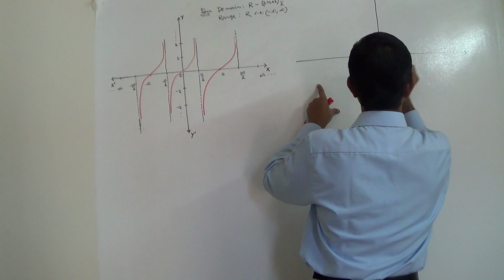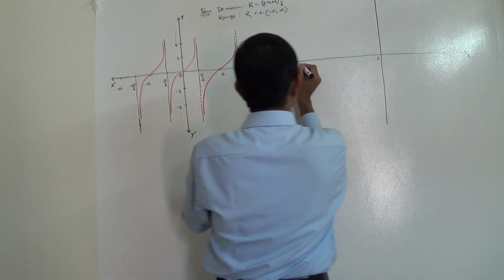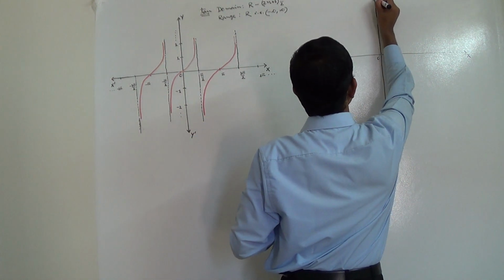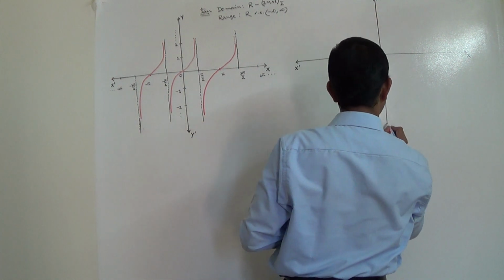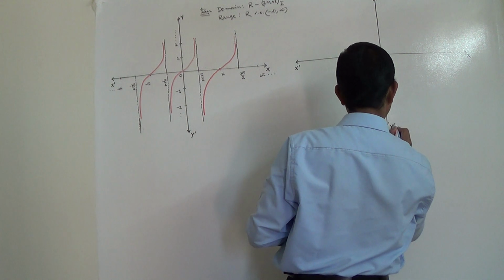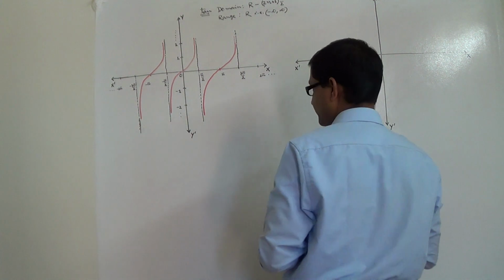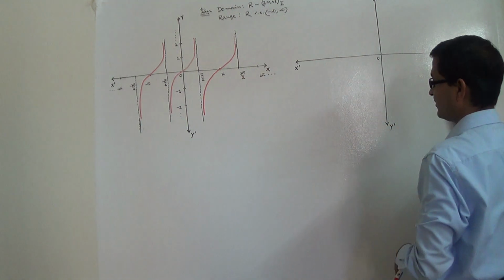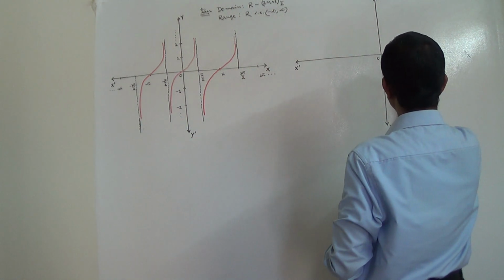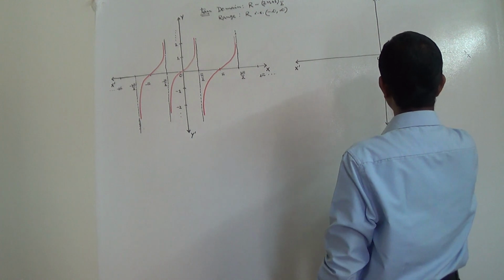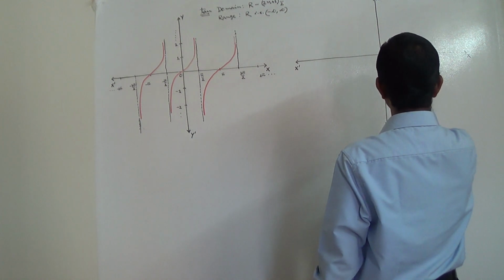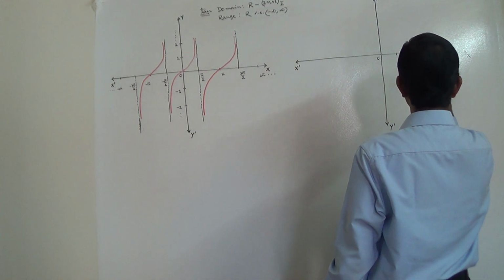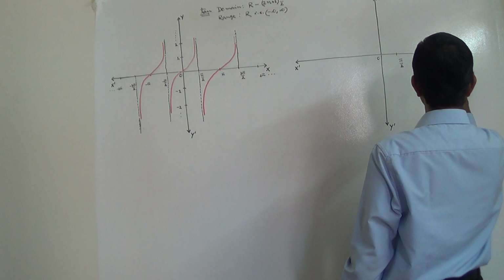So this is the positive direction of the x-axis, this is the negative direction of the x-axis, this is the positive direction of the y-axis, this is the negative direction of the y-axis, and let us make an interval like the same thing we did for the other trigonometric functions. Let us divide the angles with an interval of pi by 2. This is pi by 2, this is pi, this is 3 pi by 2, this is 2 pi, and